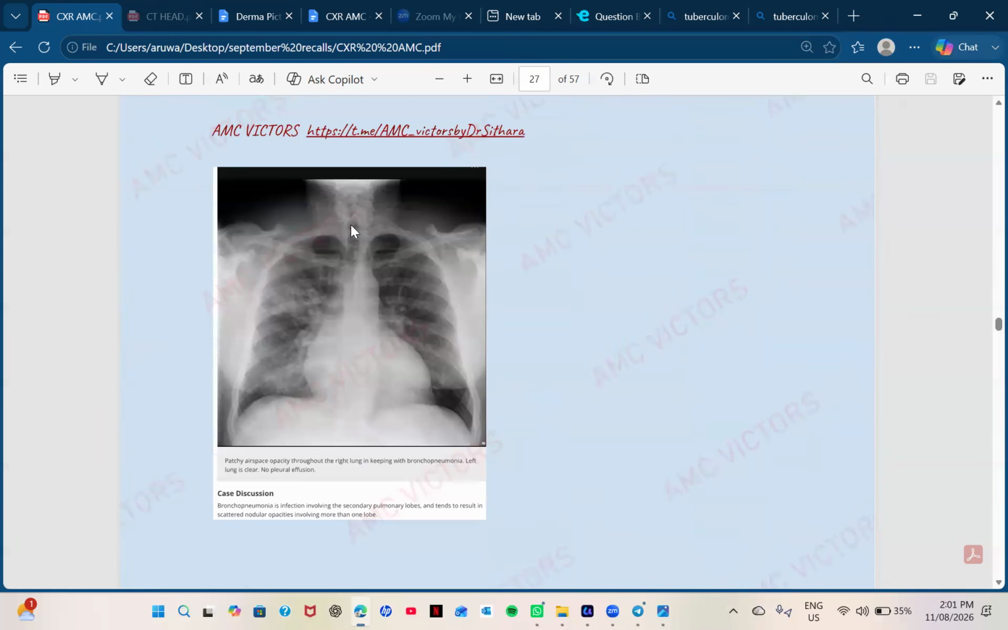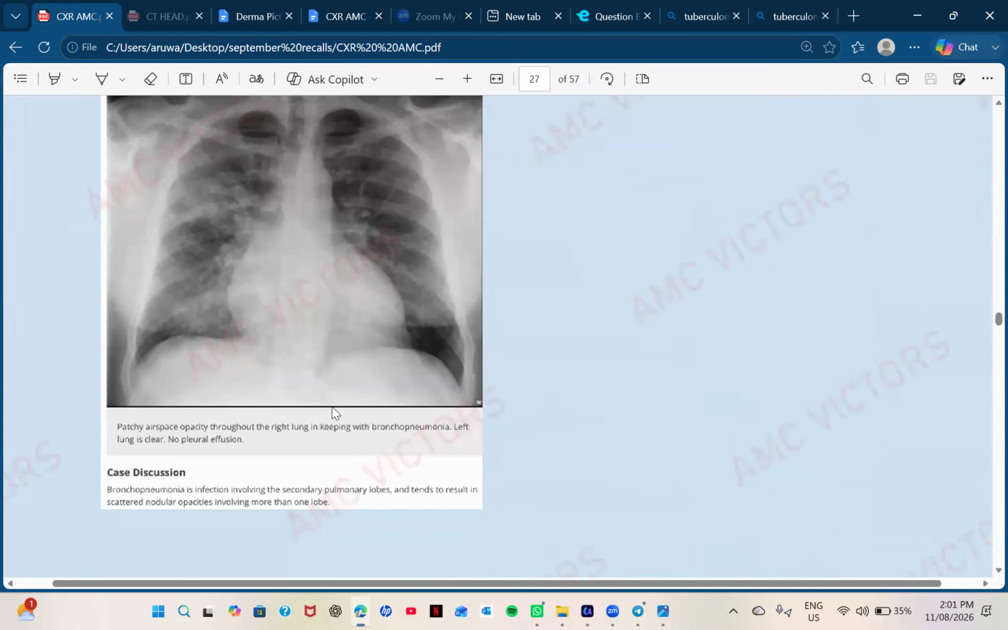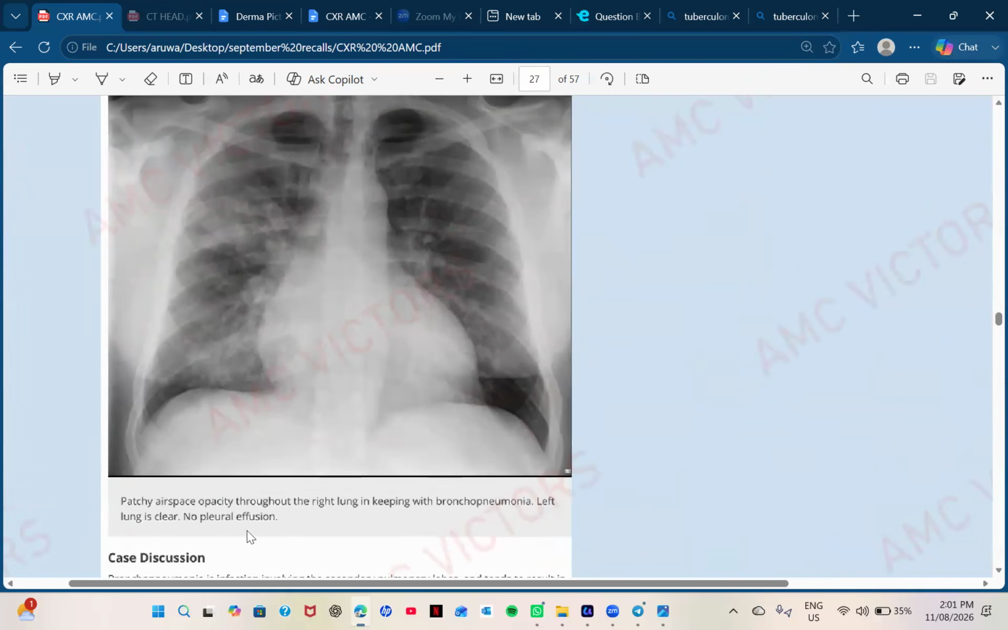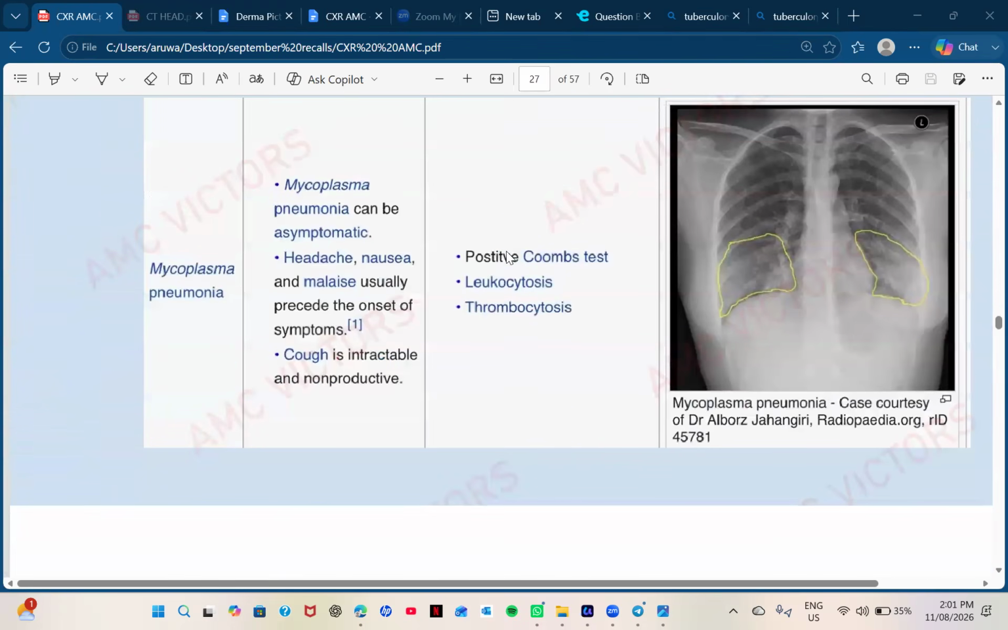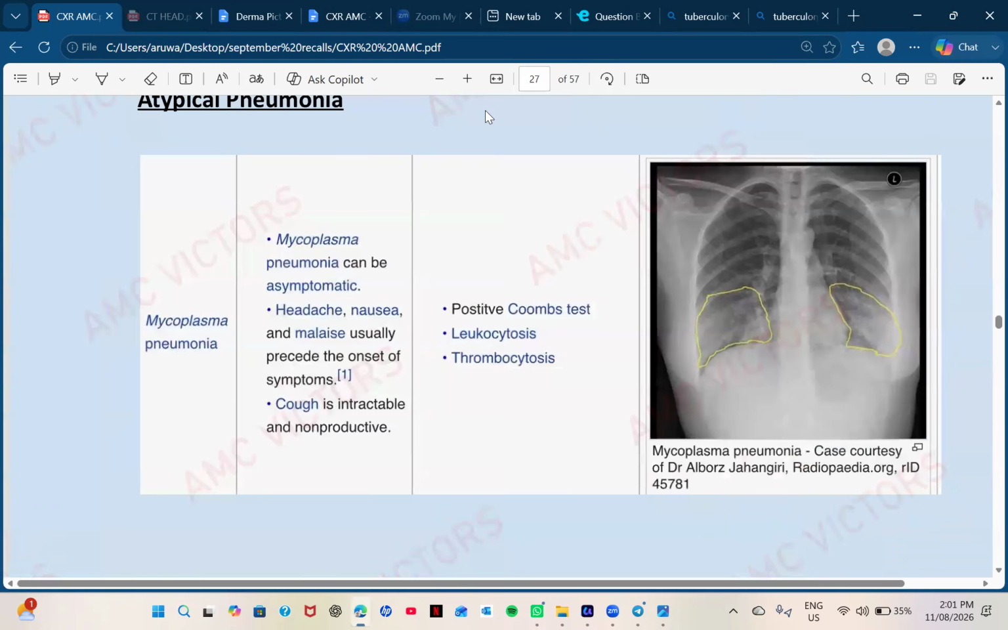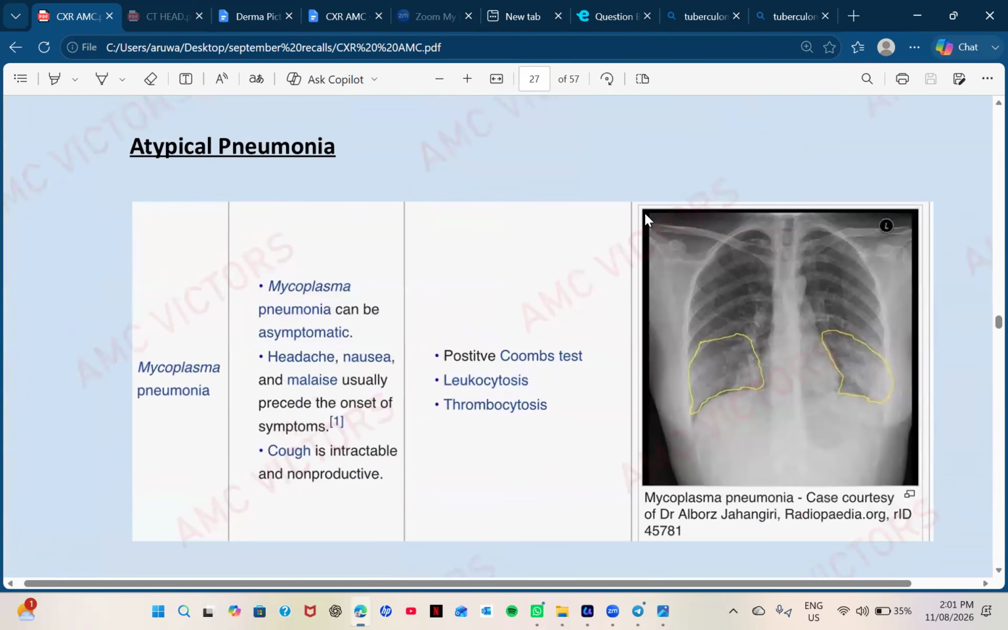Okay, I'll show a picture here. Patchy airspace opacity throughout the right lung. In the right lung, you can see patchy things, right? Yeah, like here, different kinds. Patchy. Can you see? Like that. Okay, so there you can see it is not lobar involvement. That's bronchopneumonia. And how do you see the atypical, especially what they are asking about, for example mycoplasma